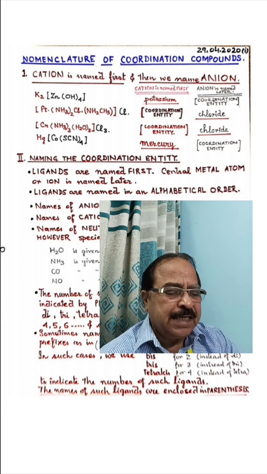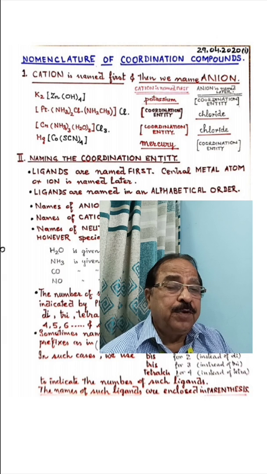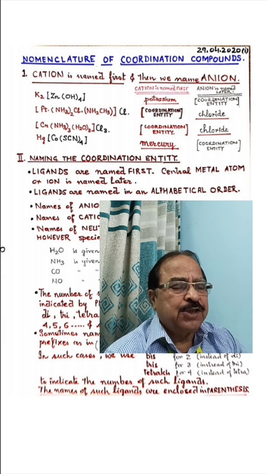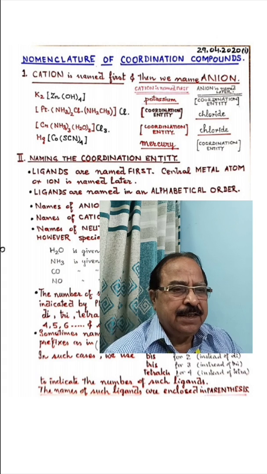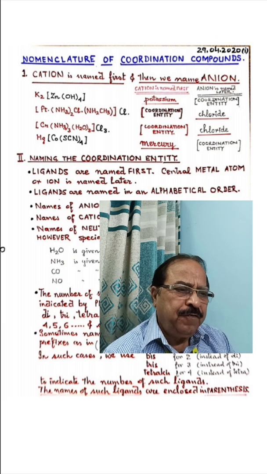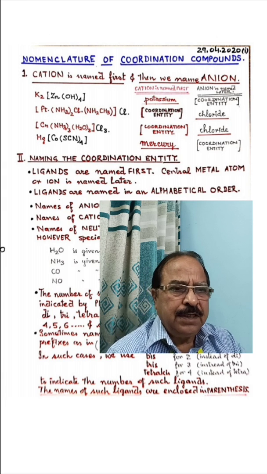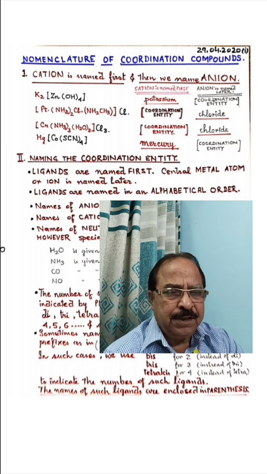Now, the first step in the nomenclature is that we have to name the cation first of all, and this has to be followed by the name of the anion. It's a usual practice. Supposing we have to name NaCl, we first name the cation sodium and then we name the anion chloride. In the same way, while doing the nomenclature of coordination compounds, we have to